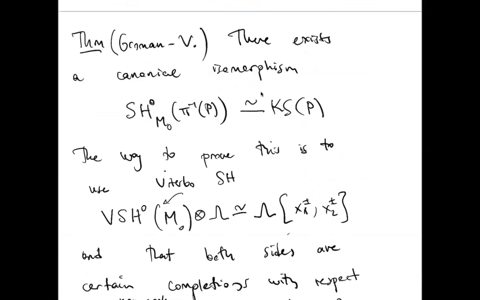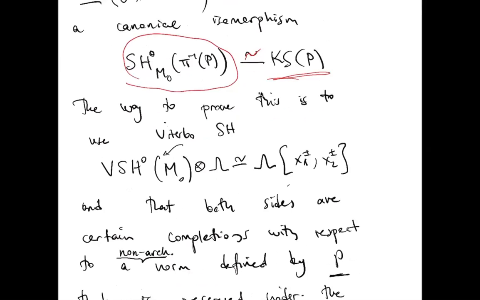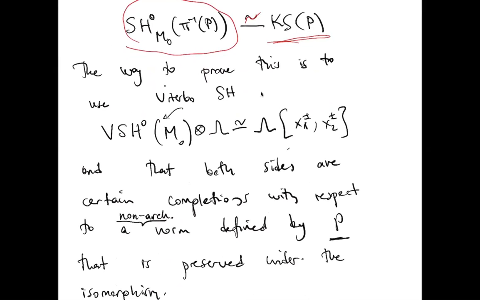Okay, so the result of the computation is that if you look at the zeroth component of this invariant in the pre-image of that polygon inside my symplectic manifold, you will see that it's canonically isomorphic to this convergent power series. Okay, so this is the computation, and the way to prove it is to use this computation of Viterbo